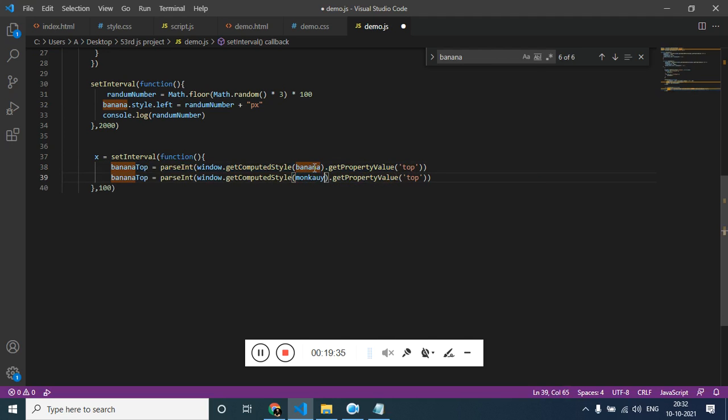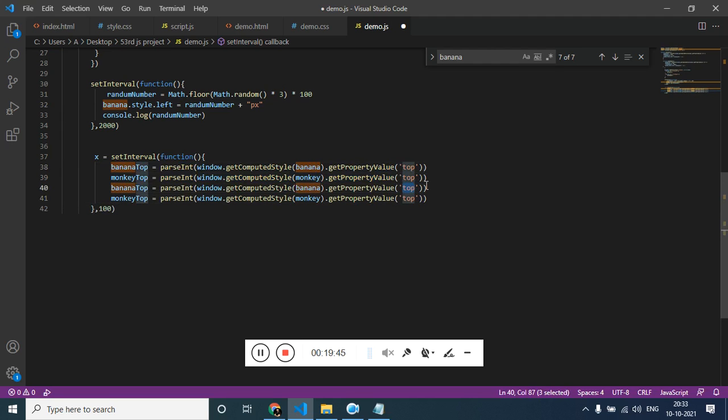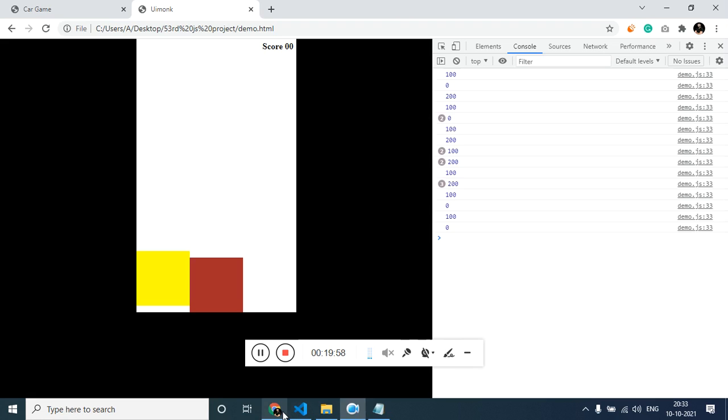It's camel case monkey top. Then again copy paste same, let's get the left and right, sorry, just the left from both the monkey as well as the banana. Cool.